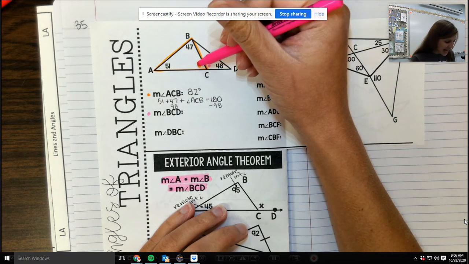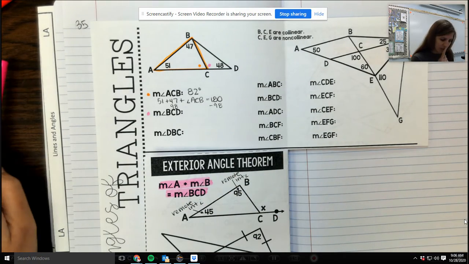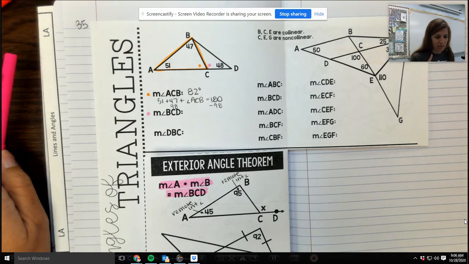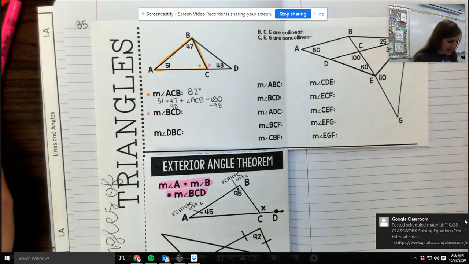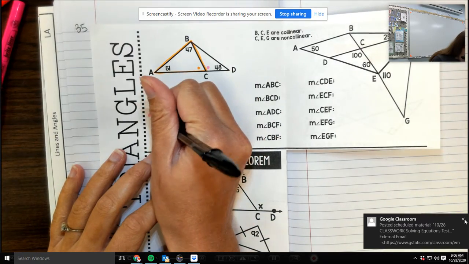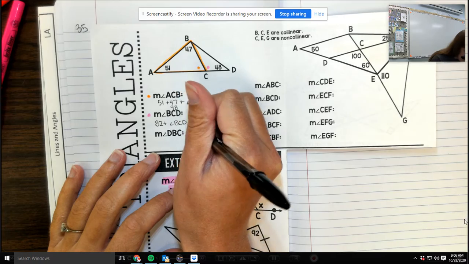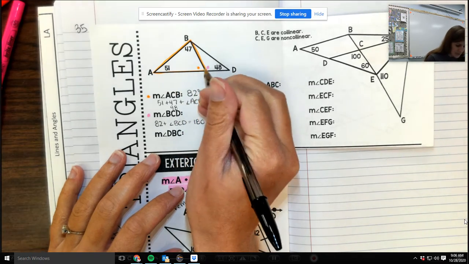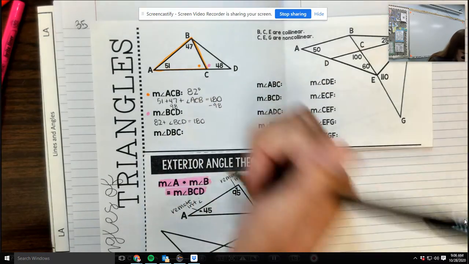But I had this one now, and I know that it's 82. Oh, so I could do a linear pair thing. They're a linear pair. So that would mean that 82 plus angle BCD would have to equal 180 because these are a linear pair. And so then I could subtract the 82, which is just going to be the 98